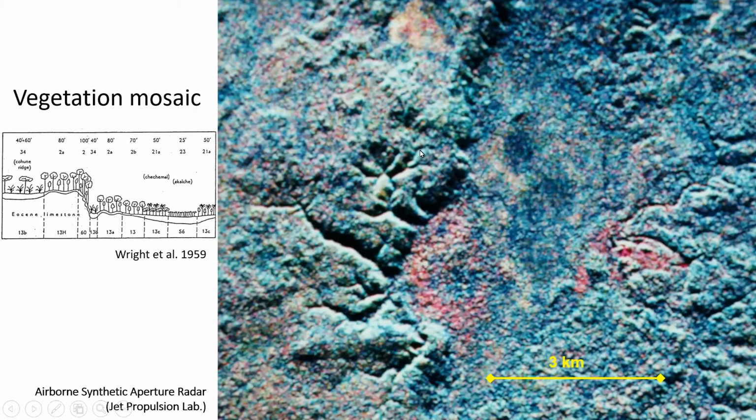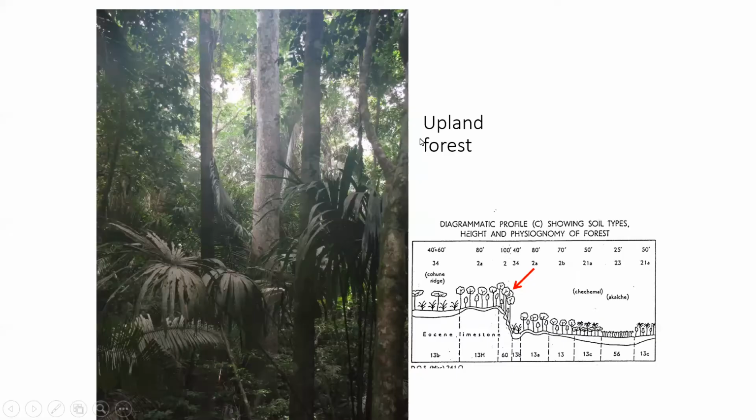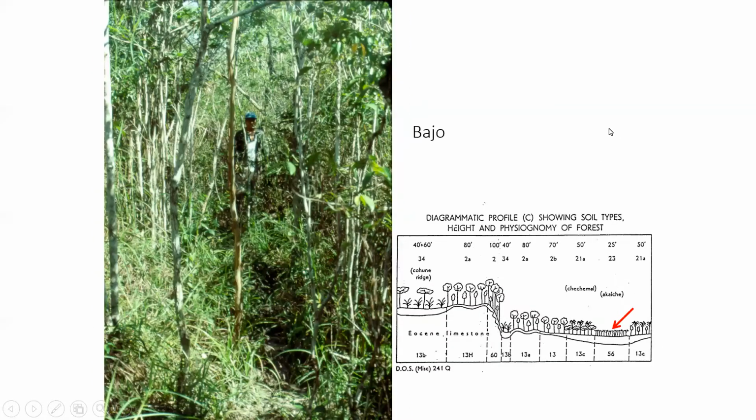The whole area is kind of a vegetation mosaic like this. So for example, here's a picture of upland forest. And just to show you where it's located on the diagram, you see it here, faithfully shown by Charles Wright. This is a tall forest that for various reasons thrives on steep slopes like this. By contrast, you've got what we call bajo, which is level areas that are very poorly drained, dry in the dry season and wet during the wet season, of course. And it's a thick kind of vegetation that you can hardly get through. And all these things occur in a kind of patchwork mosaic around the landscape.